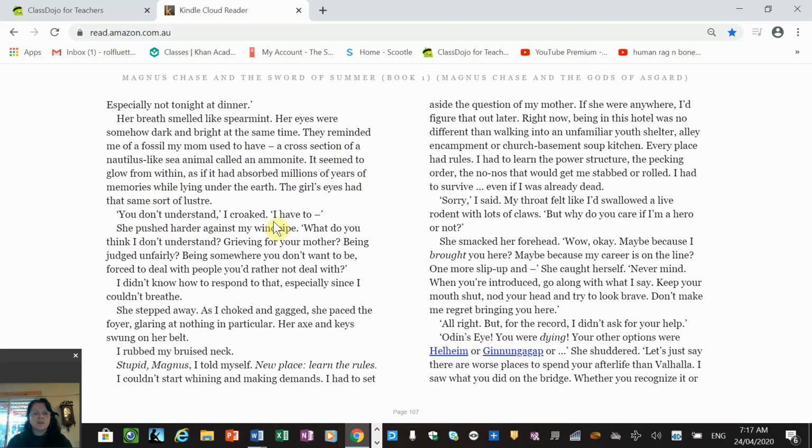"You don't understand," I croaked. "I have to." She pushed harder against my windpipe. "What do you think I don't understand? Grieving for your mother? Being judged unfairly? Being somewhere you don't want to be? Forced to deal with people you'd rather not deal with?" I didn't know how to respond to that, especially since I couldn't breathe. She stepped away. As I choked and gagged, she paced the foyer, glaring at nothing in particular,